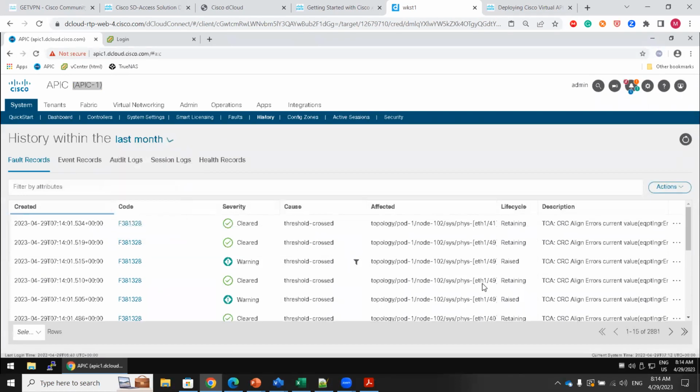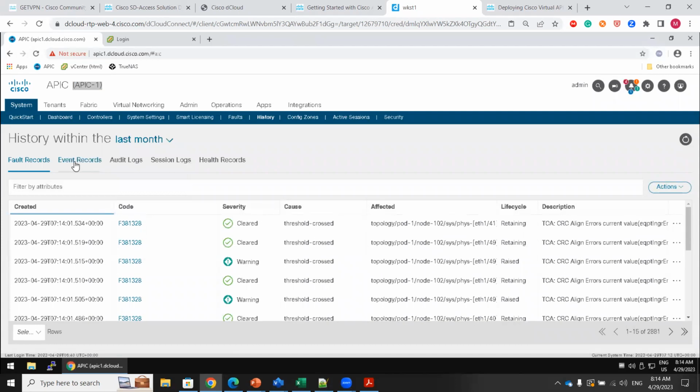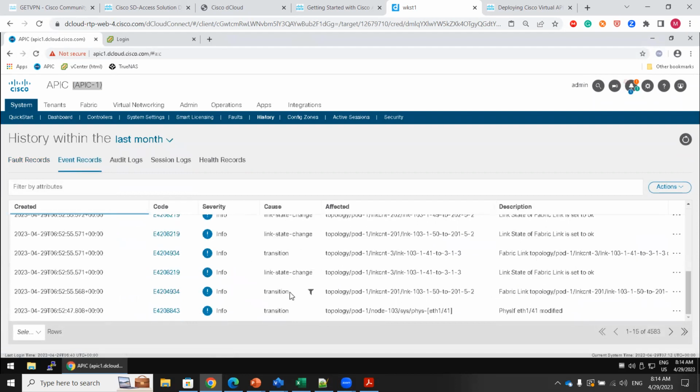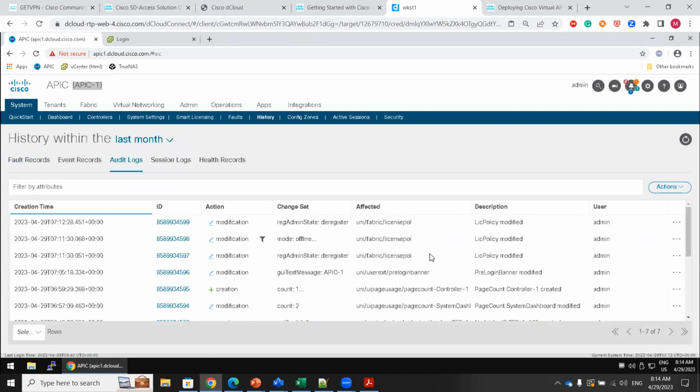Within 1 month, how many faults have been introduced, and what exactly was the impact of that fault? If you want to have the event log, you will see that. If you want to see the audit logs, you will see who modified that. Suppose there are some activities happening in your infrastructure and you do not know what